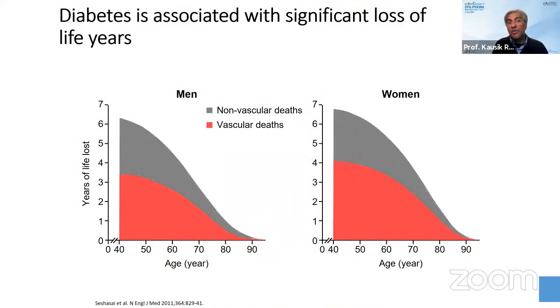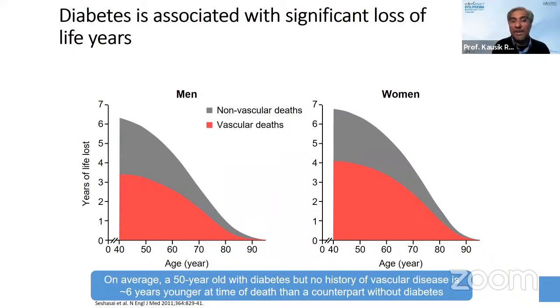Another key thing that you might want to look at is the age at which you make a diagnosis. Because essentially, if you're thinking of life years gained, younger patients will have very low short-term risk. And this is one of the flaws with our current risk tools. And older patients will inevitably always have high risk. But if we want to preserve those working years, then one way of thinking about it is, what is my lifetime risk? So one way of thinking about a patient with diabetes is that, look, I'm going to lose half a decade of life. Half of those life years are going to be lost from vascular disease, whether I'm male